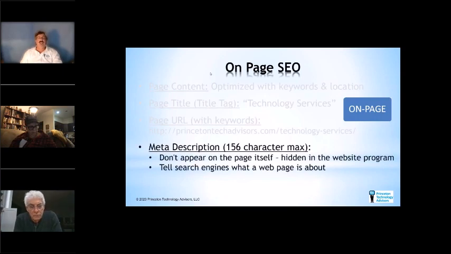Another hidden field are these things called meta descriptions. You could put a paragraph in there, but keep it under 156 characters. You don't have to write grammatically correct sentences, but you do have to have correctly spelled words. And Google will read this. The other search engines will as well. So now what happens is Google reads your page content. Google reads these hidden fields and begins to have its aha moment of what your website and web page is about.